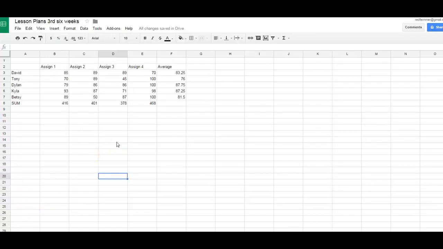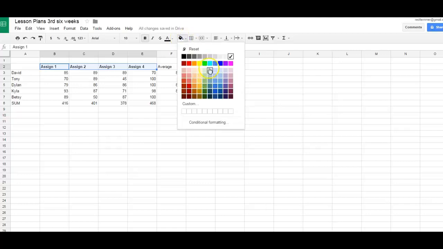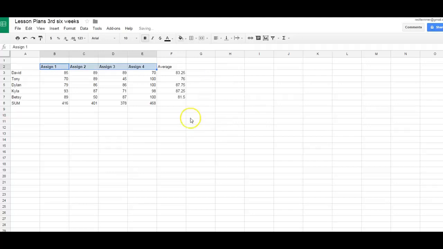I think we have a pretty good organized spreadsheet started. Visually, we could enhance that, and let me just give you a few tips on doing that. We want to highlight the headings, or we can bold them. We can also use this paintbrush here in the toolbar and fill it in with color to give it a new look. Also, we could bold the student names